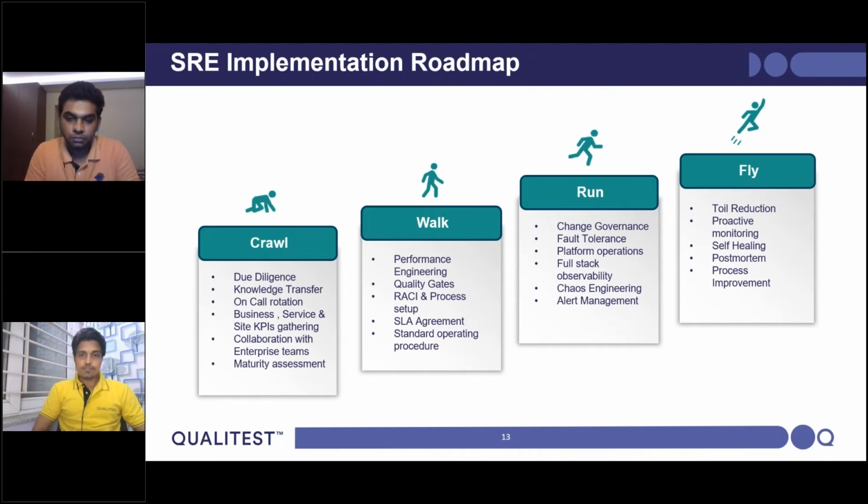Everybody gets an agreement on SLAs, then starts defining the reliability metrics. Everybody who goes through this SRE journey knows these SLO, SLA, SLI kinds of metrics. Getting agreement on those metrics sets you into the walk stage, where you are ready for a journey with mature performance testing, proper quality gates, and a thought process towards SRE. Then that brings you to the run stage.